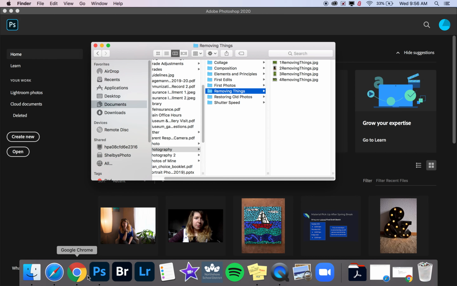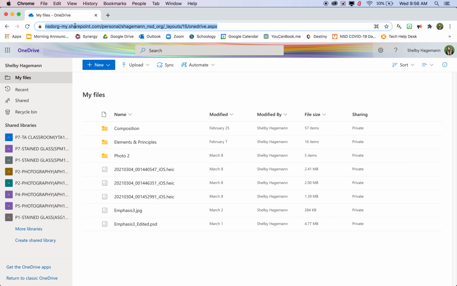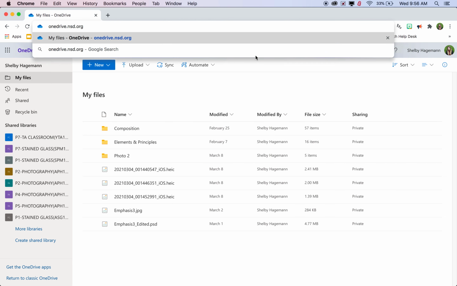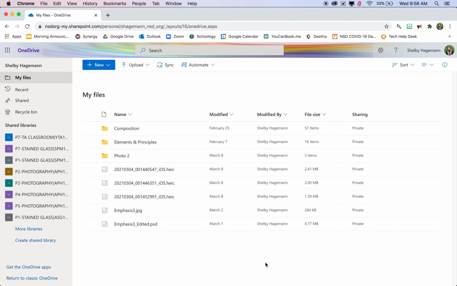So if that's the case, you'll want to go to onedrive.nsd.org, and you'll want to log in and upload your photos here so that you can access those photos through Photoshop